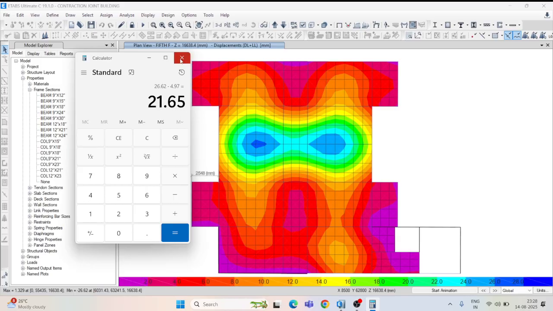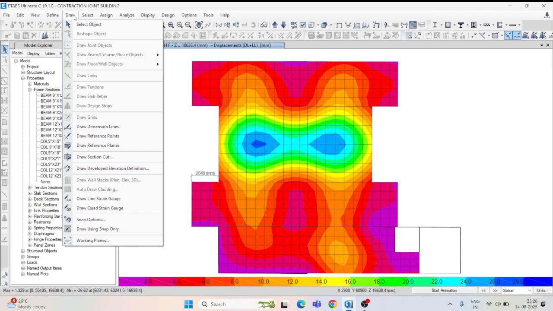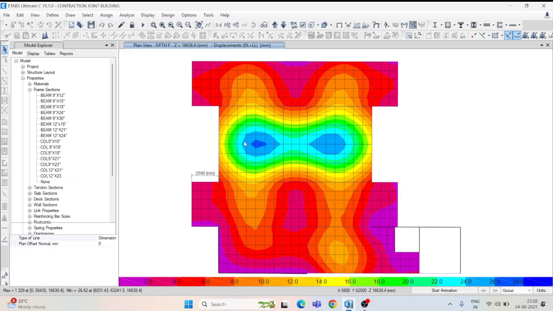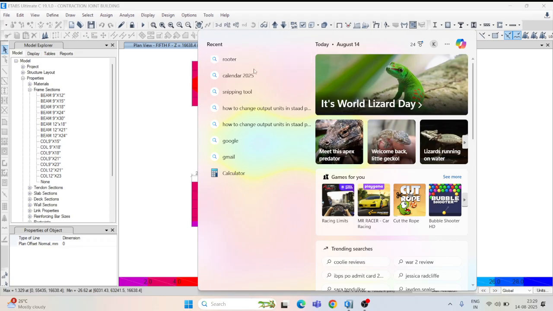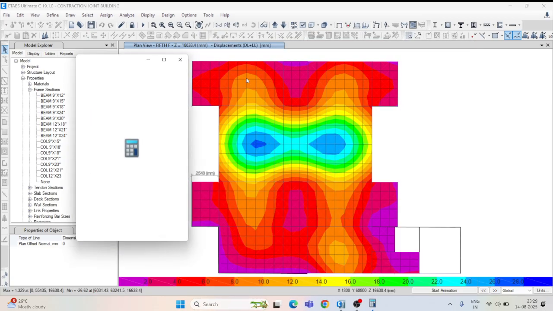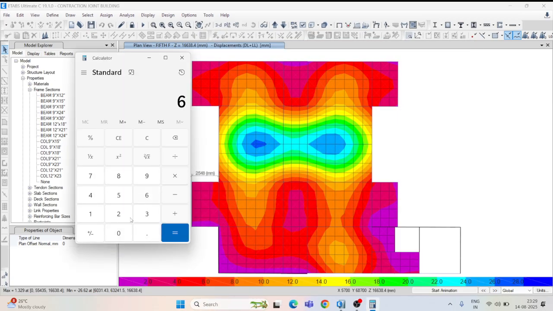And how much is allowed? Just go to the draw dimensions line, and here you have to see the value. This is a 6096 span, so span by 350. Again go to the calculator, 6096 span divided by 350. See, 17.40 mm.